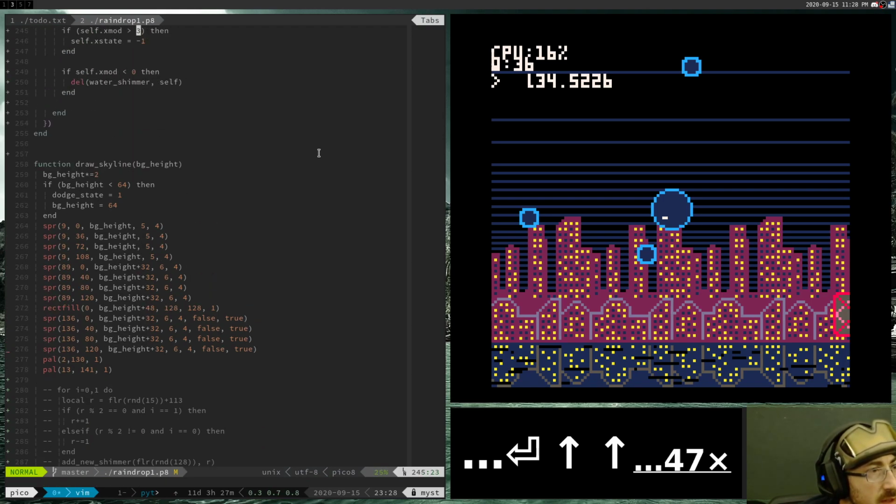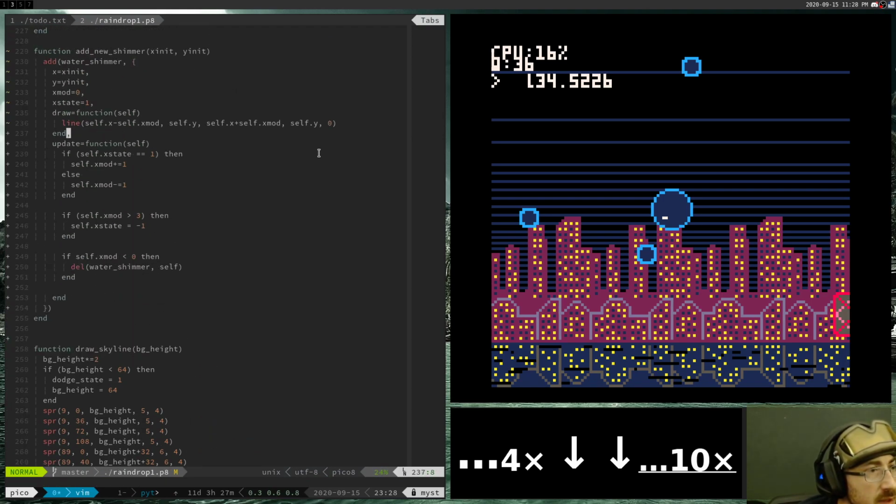Alright, and then this updating happens. Alright, let's take a look at this updating. Okay. Mod 1, -1, and that controls the state of whether you're adding or deleting. And if you're 0, then you delete it. Alright, so this one,